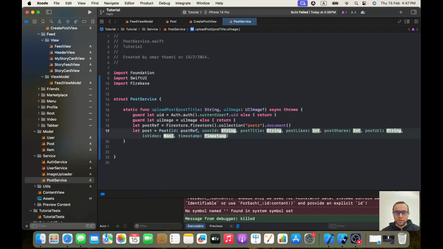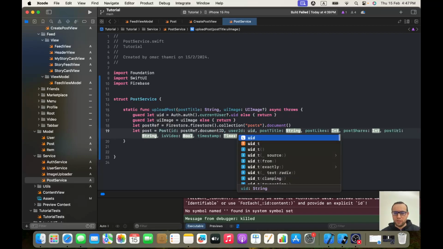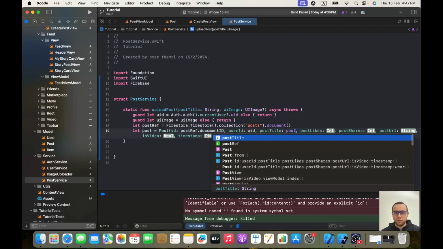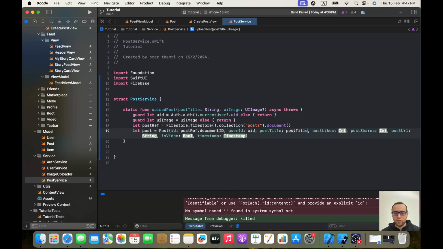It will be postRef.documentID, and it's from Firebase, this one will be uid. The post title will be the post title that we are passing in the arguments. Post likes will be a static value, whatever you want. I will go for 2, 3. The post URL, it will be